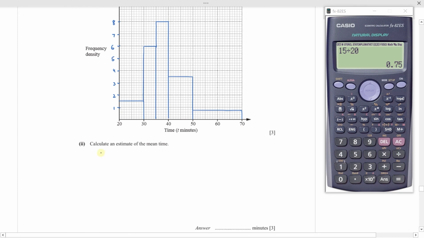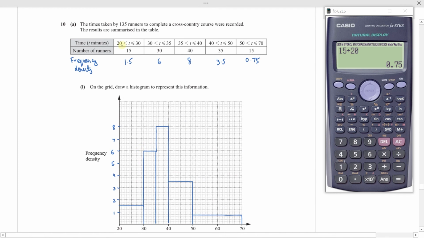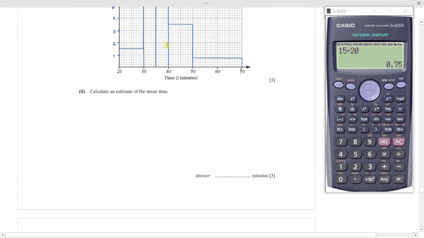Part 2 is: calculate an estimate for the mean time. So since you're given intervals here, first we will need to find the mid values and then find the mean. So let me redraw the table here. So you have time, t minutes. Then you have the frequency, which is the number of runners. So your intervals are 20 less than t,